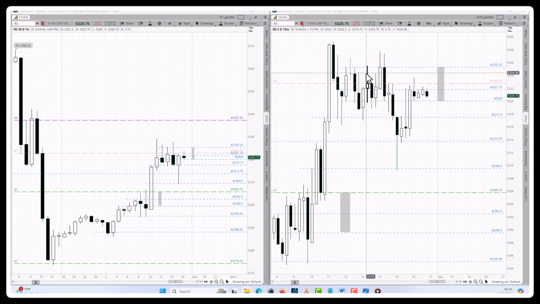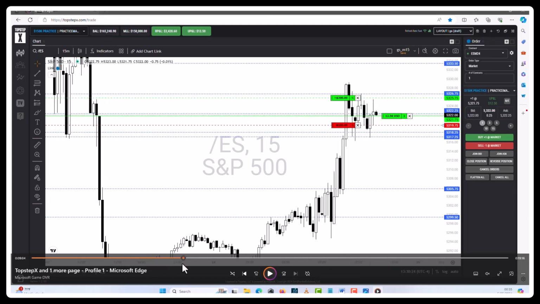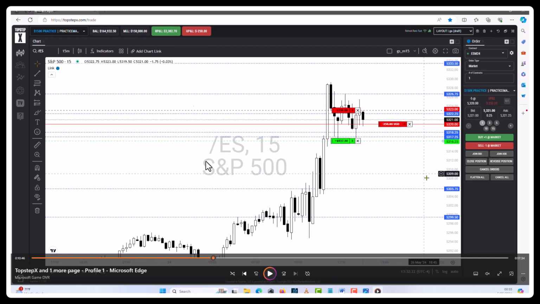So we made a mistake on our targets, and it didn't hit the targets. We put it a little bit too far. Yeah, you see that? We ended up paying the price for that. Had to move our stop loss, and we got hit. And as soon as we got hit, we jumped in and shorted, and we jumped to size 5 right there.